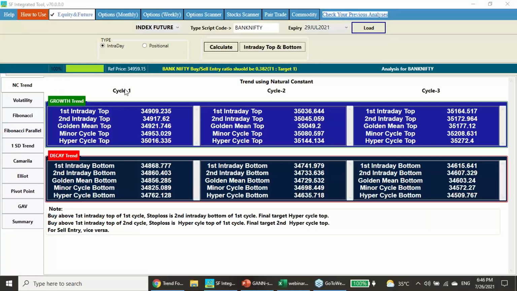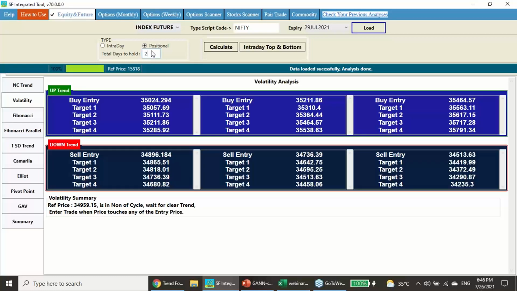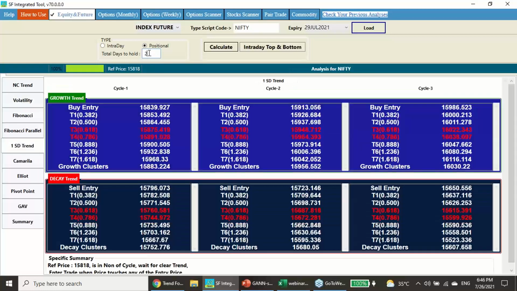So you need not change the style of your trading. Just do the calculations as it is when you are doing for a 10 days period, 4 days period. Suppose we are going to do for the Nifty for the coming 3 days period. Monday is gone, Tuesday, Wednesday, Thursday. 3 days we have. So if I am going for the Nifty 3 days period, I am going to calculate here.